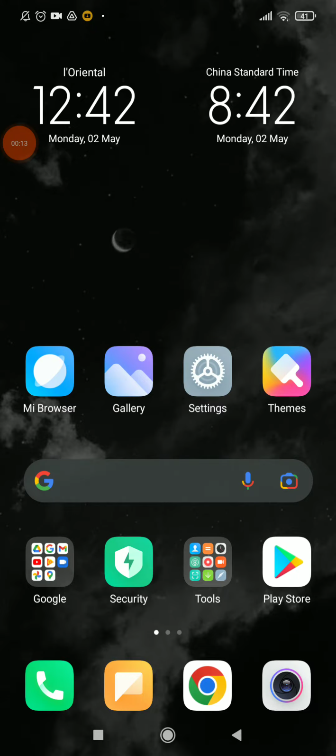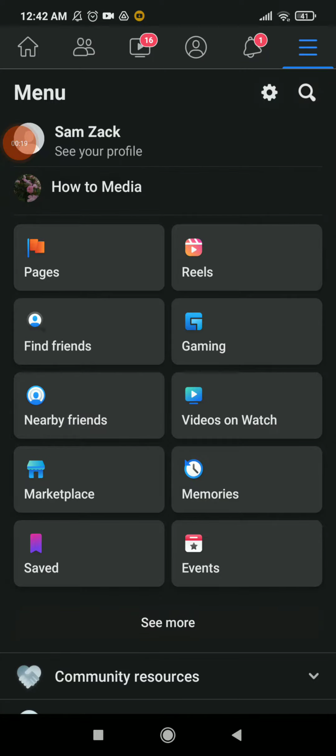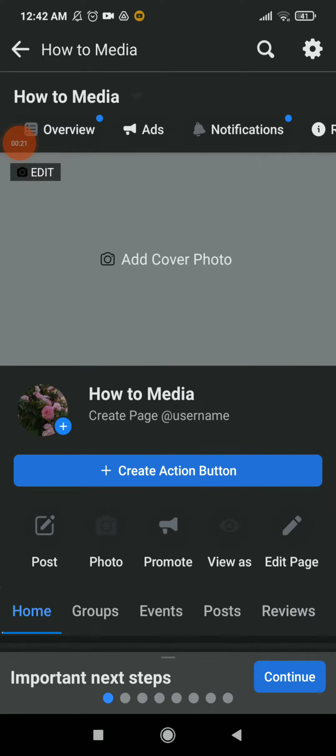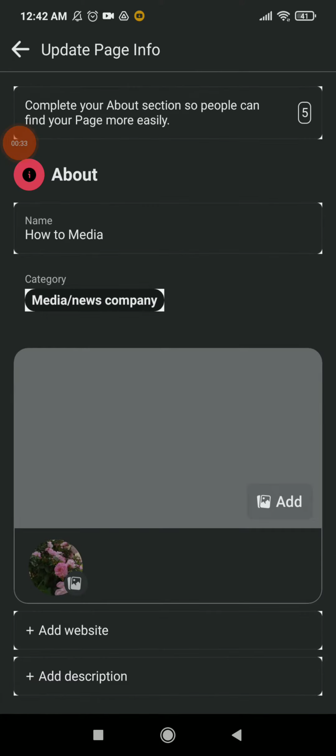First thing, go to your Facebook, click on it, and here click on those three lines up there and click on how to media, which is your page. Now all you need to do is click on the setting icon beside the search icon and click on the second option, which is page info, and here you have all your page information,